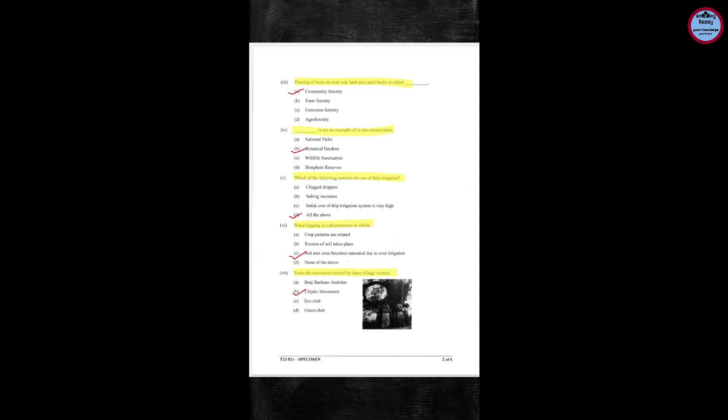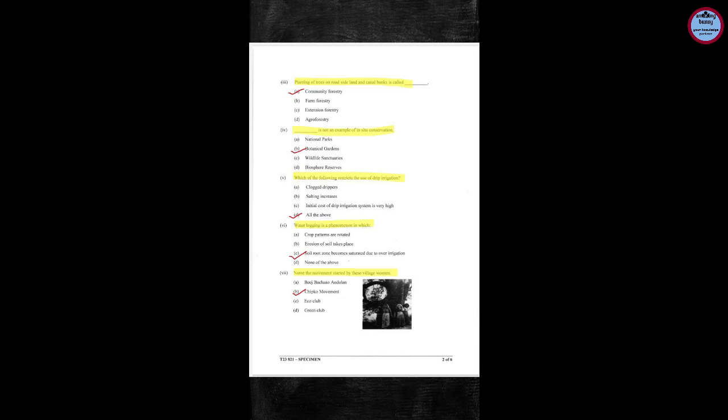Next question is, which of the following restricts the use of drip irrigation? The options are clogged dripper, salting increases, initial cost of drip irrigation system is very high, and all the above. So the answer is all the above. Next question, waterlogging is a phenomenon in which, and the correct answer is soil root zone becomes saturated due to